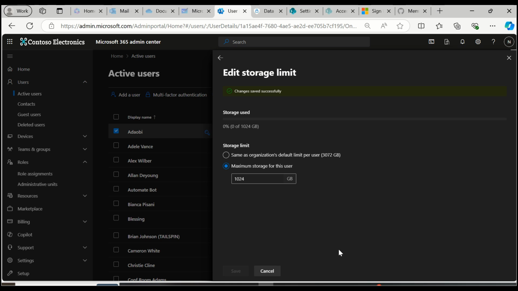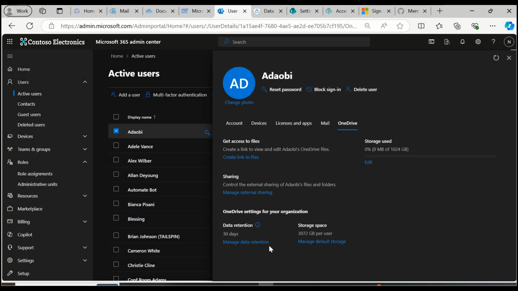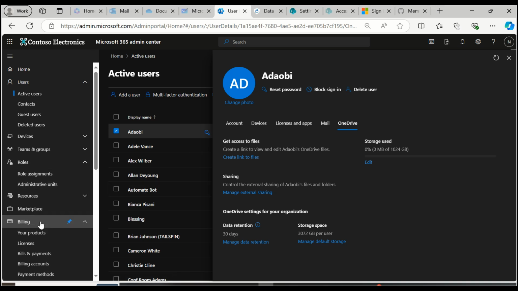SharePoint Plan 1 does not allow you to increase storage. So although you can increase the limit, when you come here on the SharePoint Plan 1, you will get an error when you're trying to increase it beyond 1 terabyte, guys. So if that's the case you're experiencing, please know that it's because here when you come to billing and you